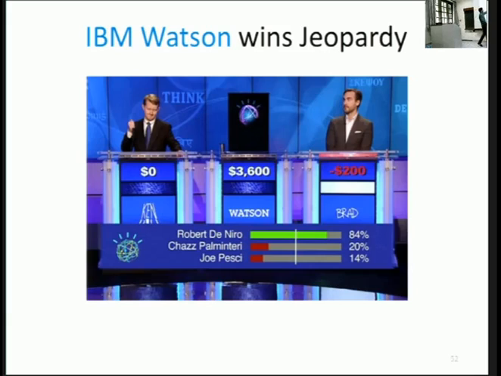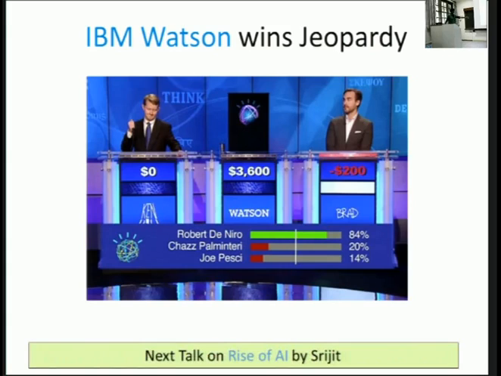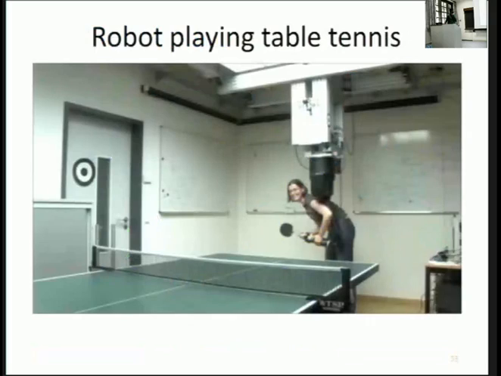And it has also something with the money. The money is how the points come. It has to pick one area. The quizmaster will ask, and it has to find the answer in this limited time. It was one of the biggest hits of the time. It's still considered to be one of the pioneers of ML work which is done. And one of the questions answer, I suppose, is Robert De Niro here. And it used a lot of machine learning and text processing behind it. And the next talk, Rise of AI by Srijit, he'll be talking in detail about this Watson.